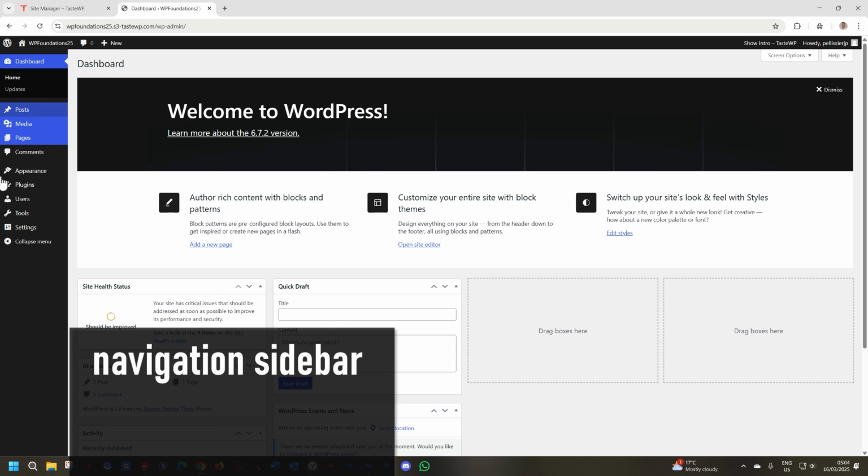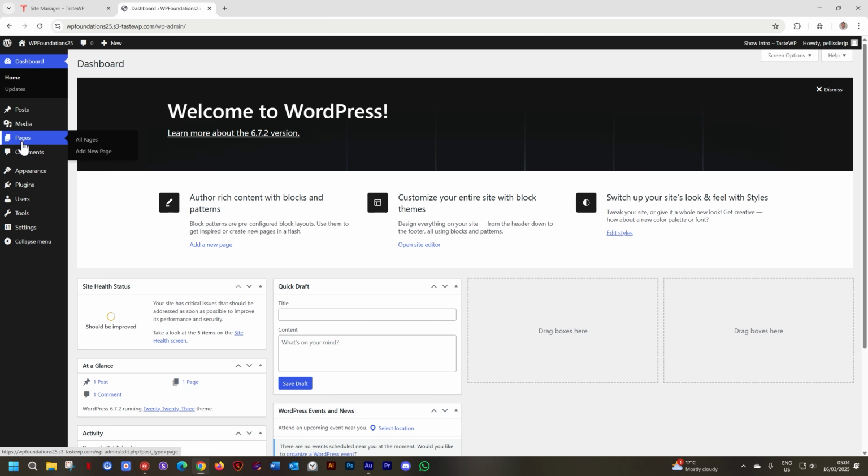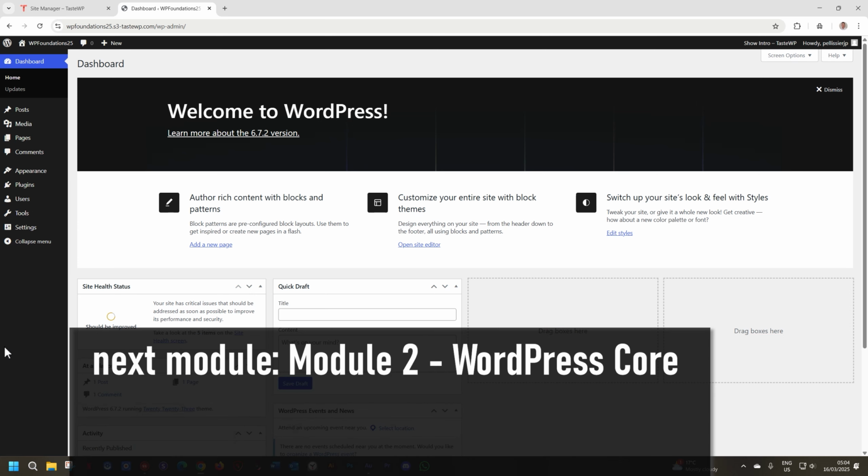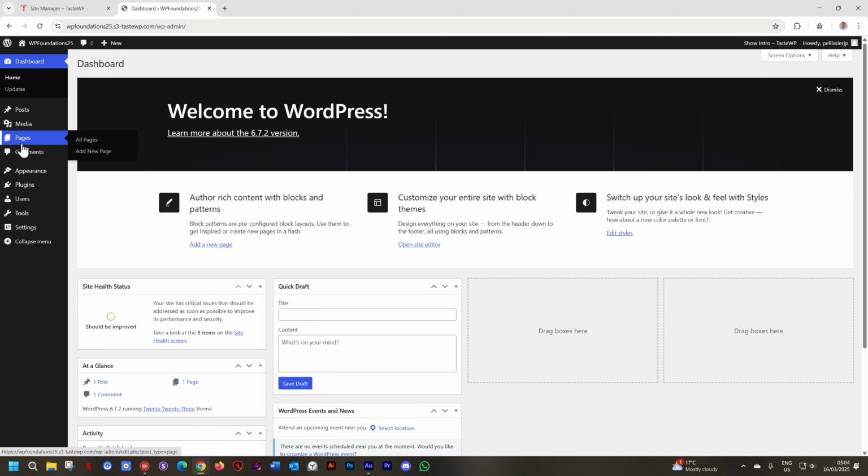On the left, you have the navigation sidebar. Navigation is always taking you someplace else. And currently, this sidebar is pretty empty. This can get very, very crowded here as we bring in more. In the next module, you will see how we're going to build this out. A lot of the stuff here we'll be using, a lot of the stuff we won't be using.